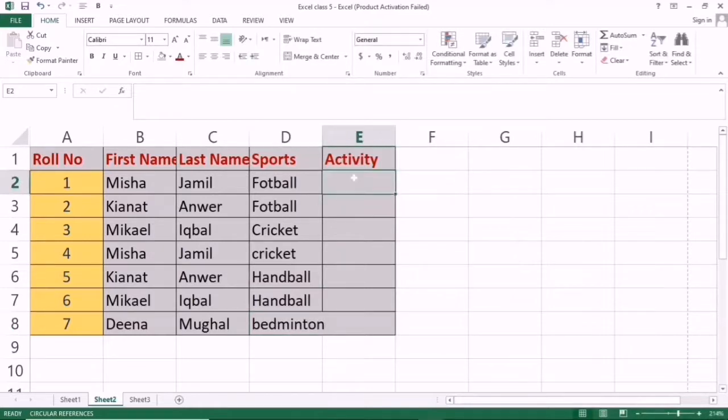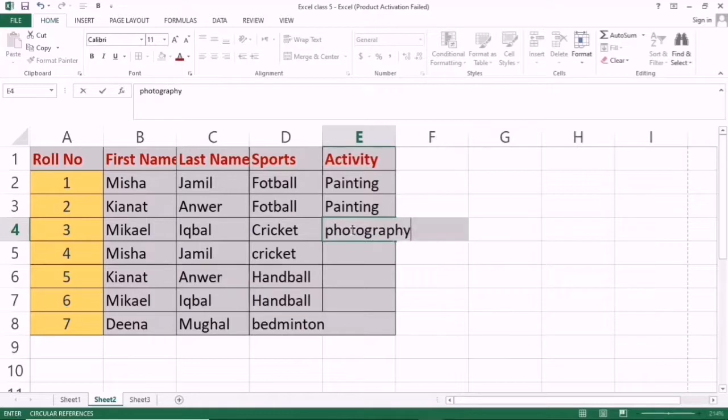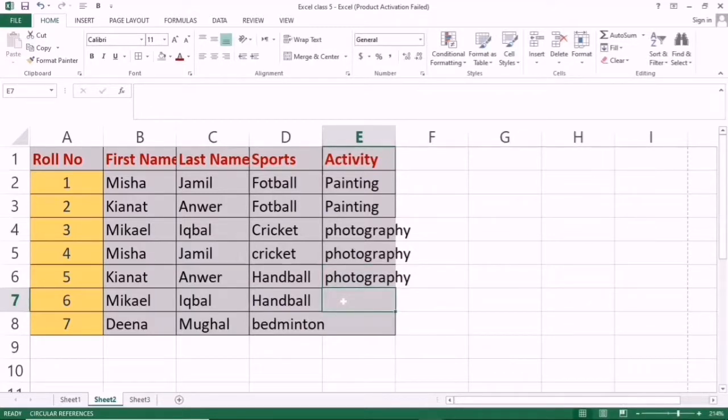Here in Activity you write any other thing like painting. If I click here, this appears again, and photography. Again you click here and it appears here. Suppose I write this one again, it appears here, and here you write painting again, and it appears here again.